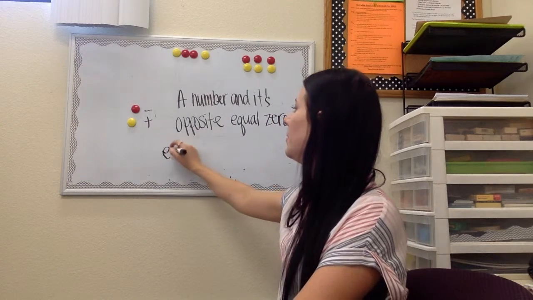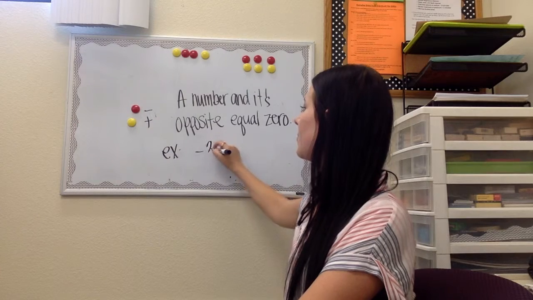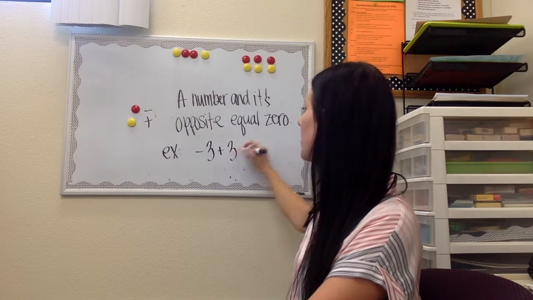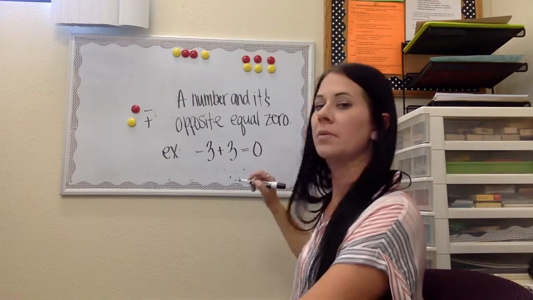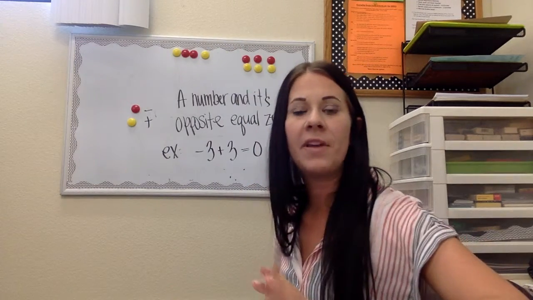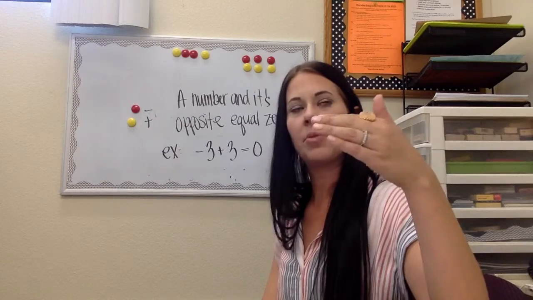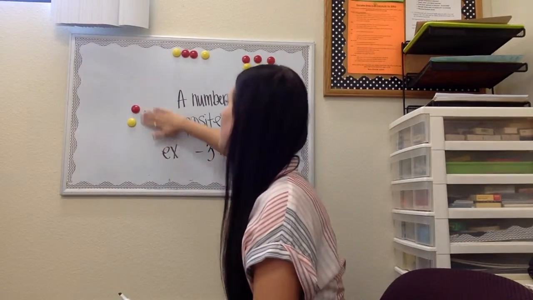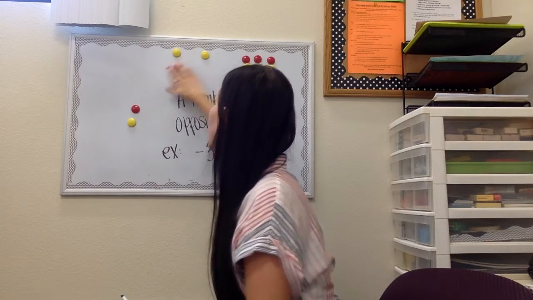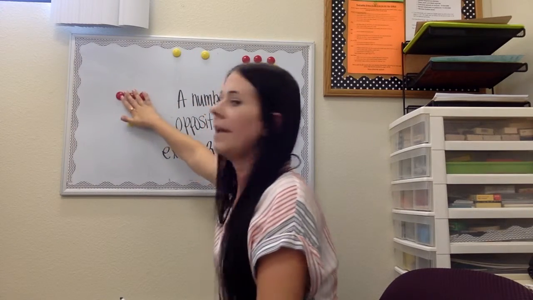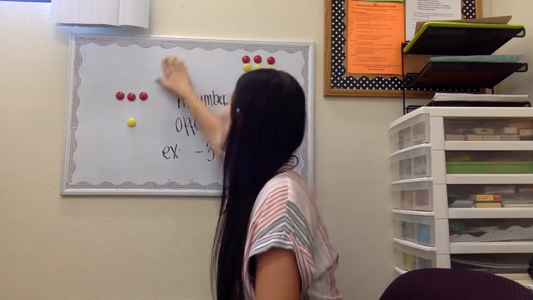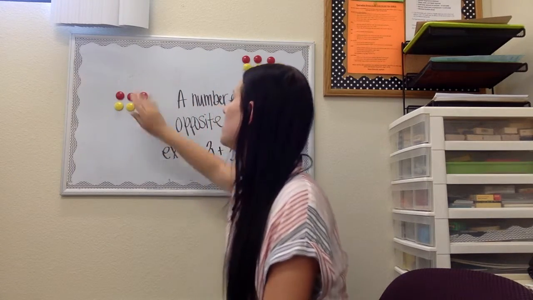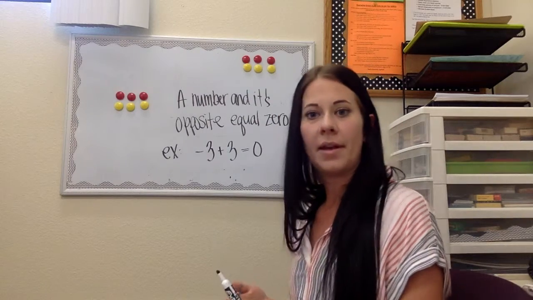And your example is -3 combined with a +3 equals 0. If I go down 3 feet in that pool and then I come back up 3 feet, where are you? You're at 0. So another way to look at it is 3 negatives on your counter, 3 positives, and because they all equal each other out, we know that our answer is